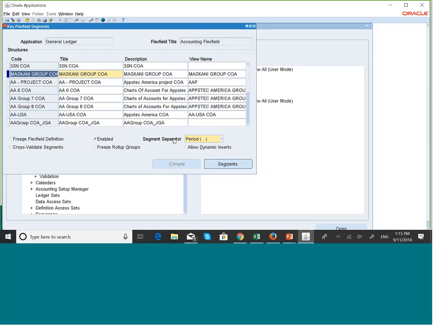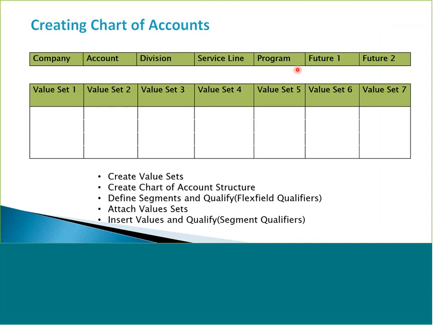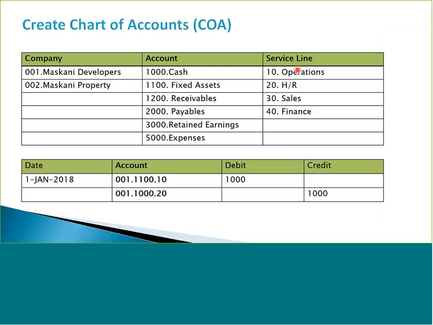and perhaps I need to explain this field here, segment separator, what it is. Let's go back to the slides. So when you look at this account combination, you have 001.1100.10. So a segment separator is basically this period here, that exists between the different segments of the account combination. And Oracle lets us choose